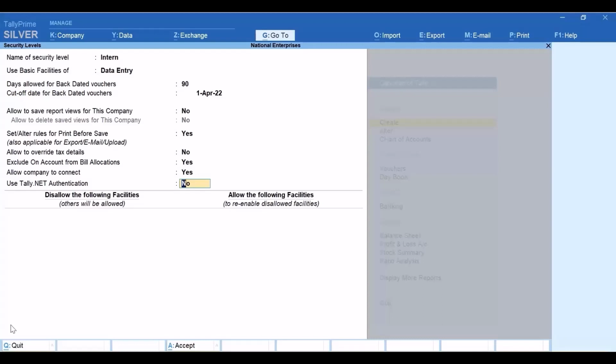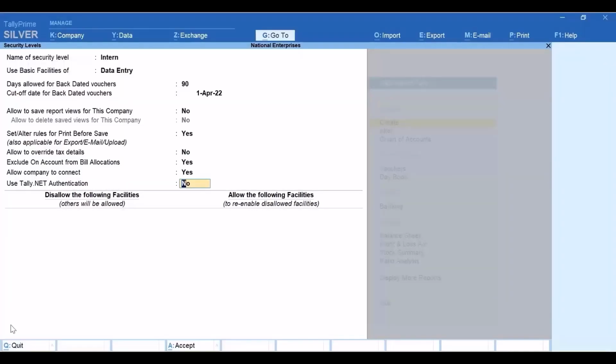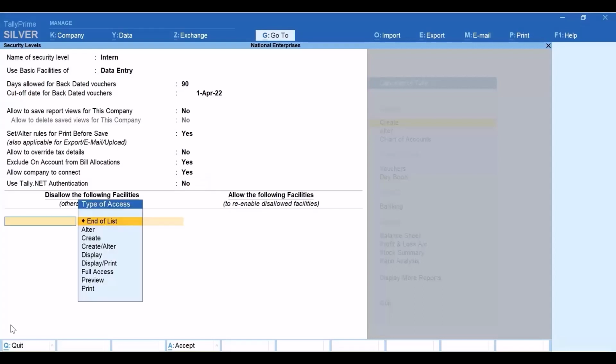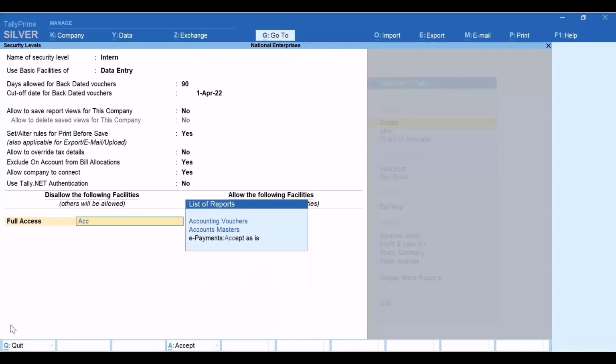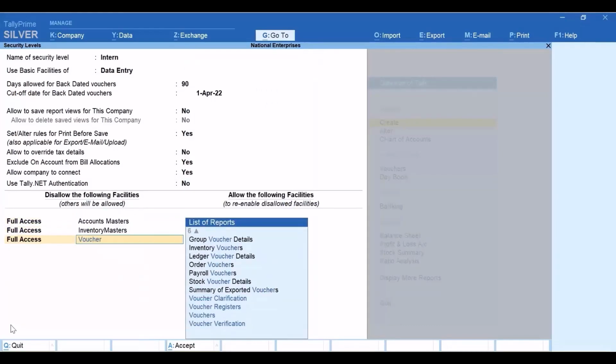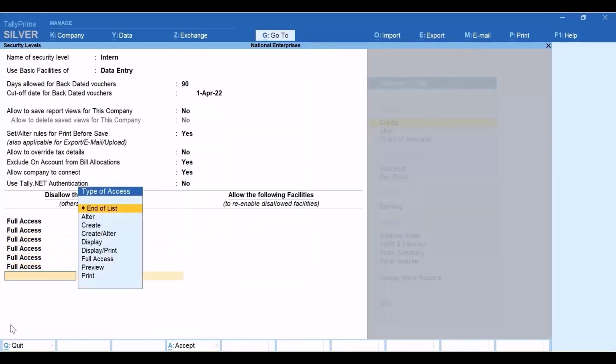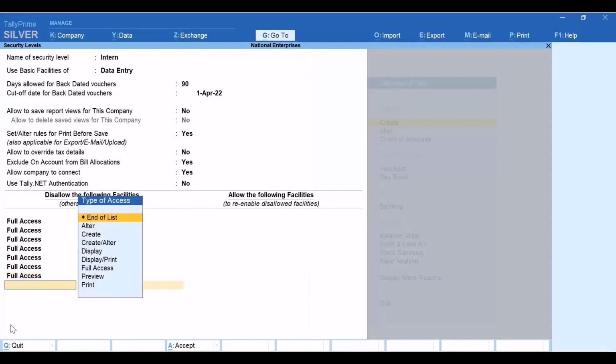Now, let us see how to disallow and allow certain facilities. You may want the users under the security level to be disallowed from full access to masters, vouchers, or backdated vouchers. Let's select full access and then accounts masters, inventory masters, vouchers, backdated vouchers, balance sheet, profit and loss account, and trial balance. Once you select all the activities that you want to restrict the user from, select End of List